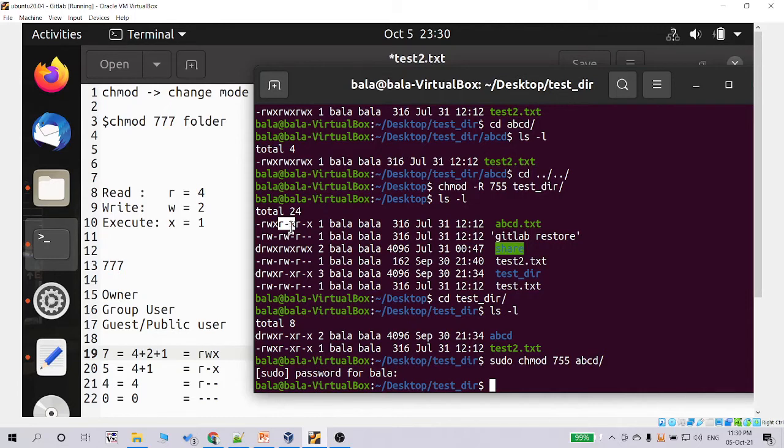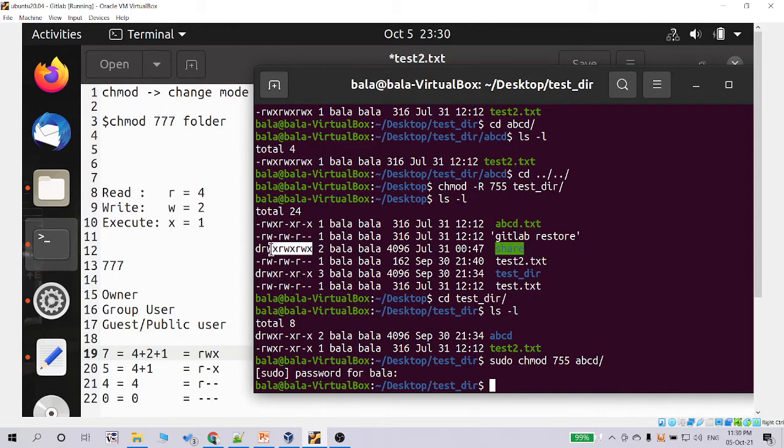So when other people log in to the same system, what permission do we need to give? That is the second set. The third set is other users, something like guest users. A browser can upload some files, or a guest user can log in. So what permission do we need to give for that?